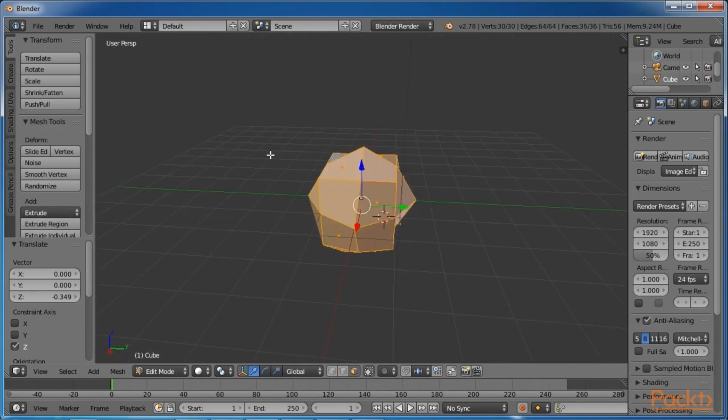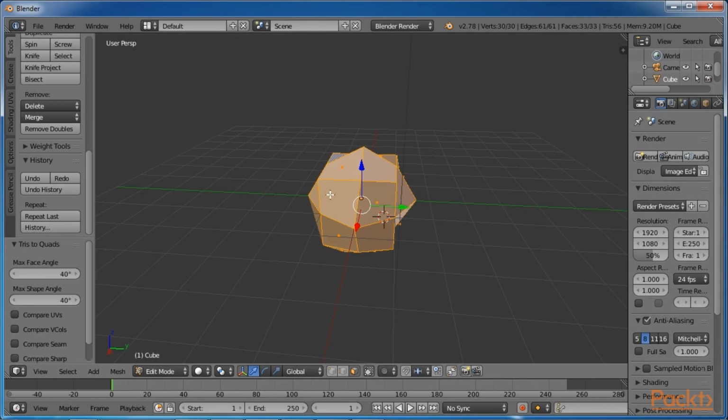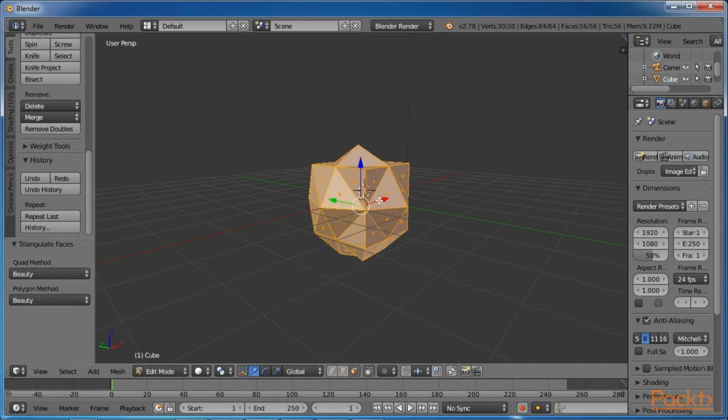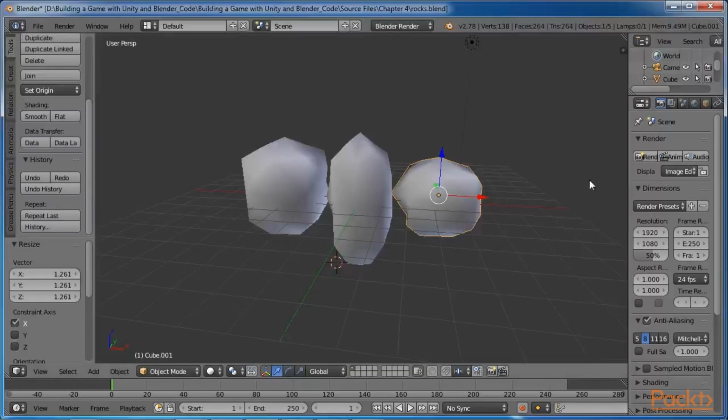of more than 4 vertices might cause a problem when the model is imported to the game engine. To avoid this problem, select all the faces and press Ctrl and T to triangulate all the faces, or press Alt and J if you want to convert them into quads instead of triangles. Do note that most of the game engines, including the Unity engine, which we're using in this course, prefer triangle faces instead of quad. However, when you export the mesh to the FBX format, the exporter will usually automatically convert